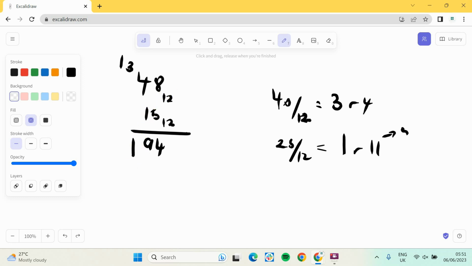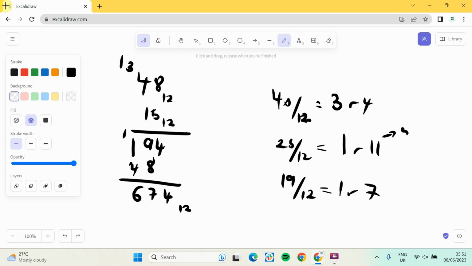1 times 8 is 8. 1 times 4 is 4, right? So this is 4. 11 plus 8, because this is A, right? A is 11. 11 plus 8 is 19. 19 divided by 12, that is 1 with the remainder of what? The remainder of 7. So I'll drop 7 here and carry over 1. 1 plus 1 is 2. 2 plus 4 is 6. Right, so by the time I multiply this 2 in base 12, I have